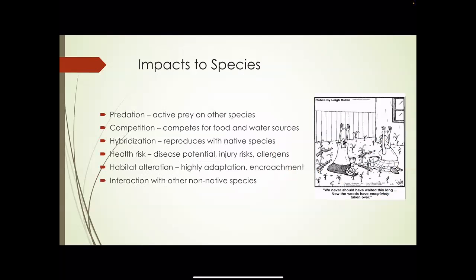So basically, here are the breakdowns of the impacts. The first one we're going to talk about is predation. Invasive predators have been indicated to have preyed upon and caused extinctions of 87 bird species, 45 mammal species, and 10 reptile species. That's not even mentioning the aquatic species that have been impacted.